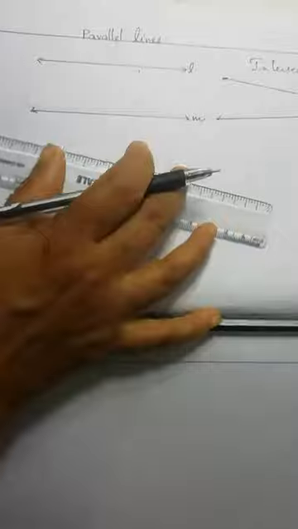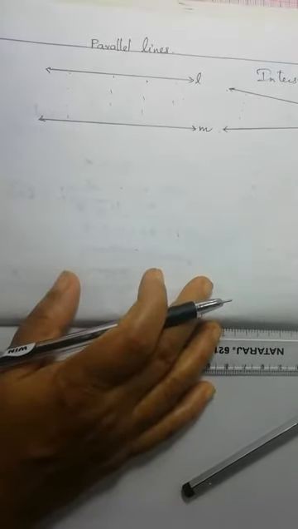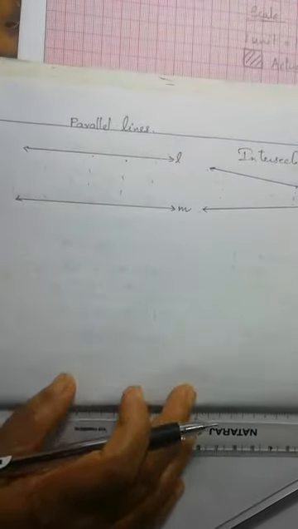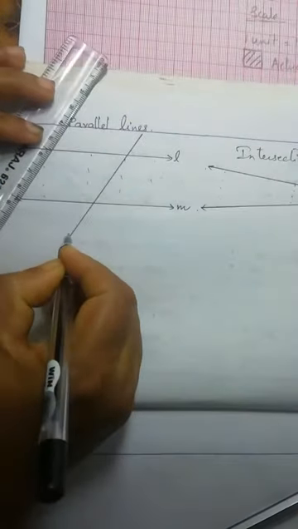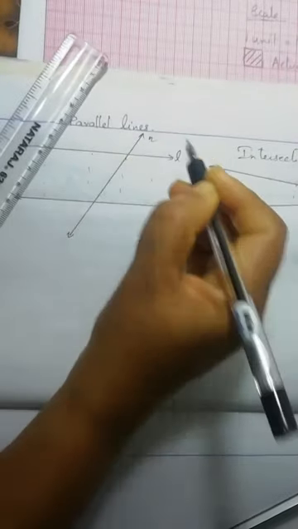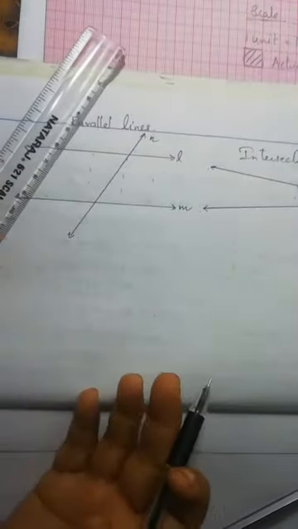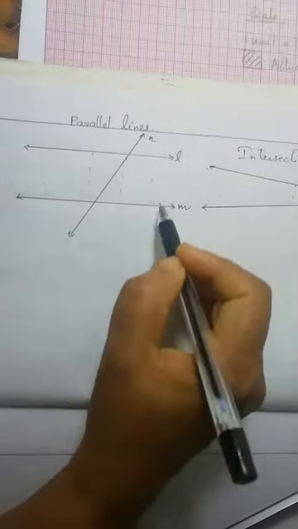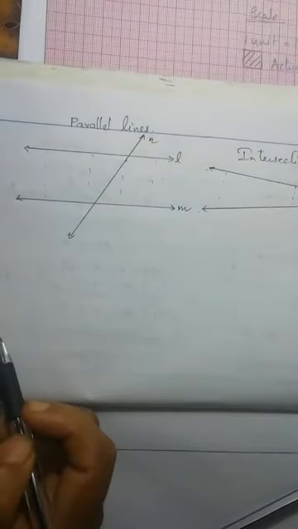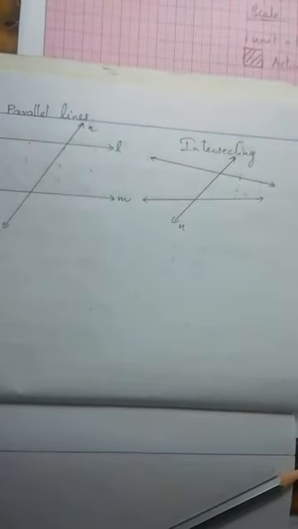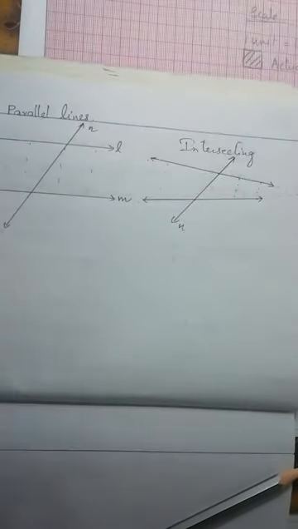Okay. Now we are studying about parallel lines and these two types of lines, when one line intersects these two lines. This is line N, with L, M, N. N is another line that is cutting our parallel lines at two distinct points. So this line is cutting our parallel lines. And here also line N is cutting our intersecting lines. One line is cutting two lines at distinct points.